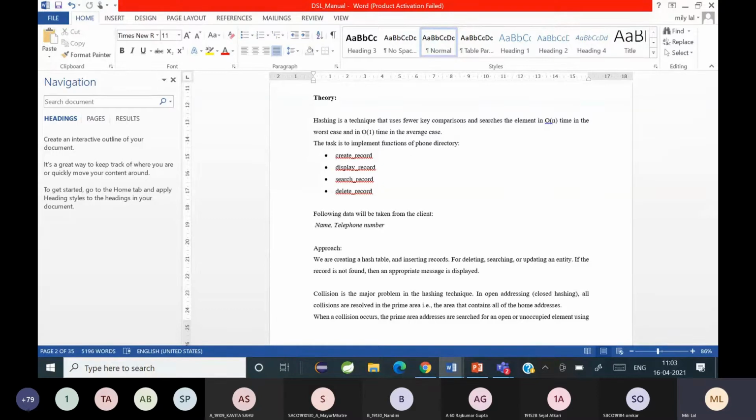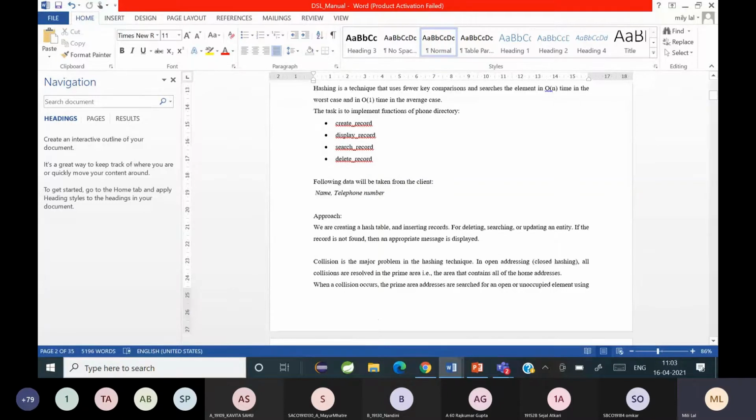Now you know what the problem is. If you directly use a hash method, what problem was seen occurring? What are the defects of hashing? The same key might have different values. So to avoid that collision, we had many collision resolution techniques. What are the collision resolution techniques?